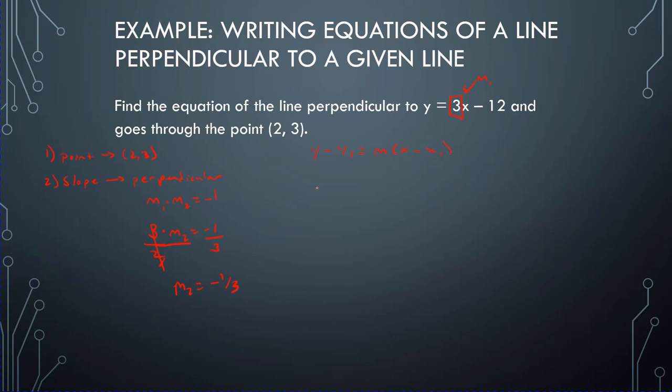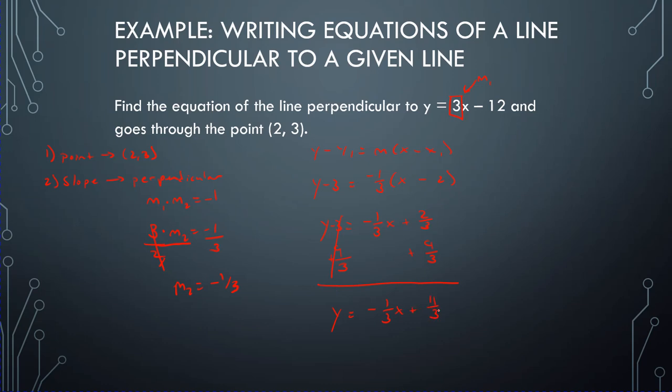So this is going to be y minus 3 is equal to -1/3 times x minus 2. So distribute here. So y minus 3 is equal to minus 1/3 x. Negative negative becomes plus 2/3. And then I'm going to add 3 to each side. Well, 3 is the same thing as 9 over 3. So I'm just putting over common denominators here so you can see. So this is minus 1/3 x, 2 plus 9